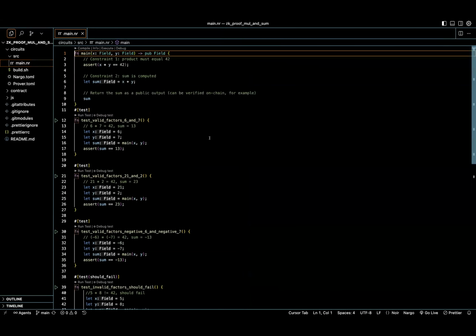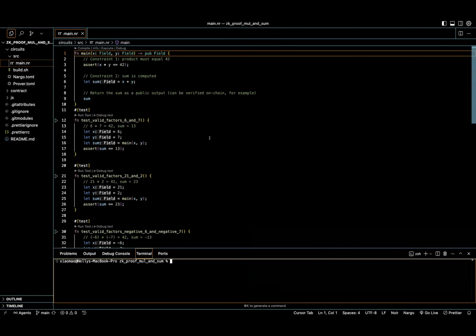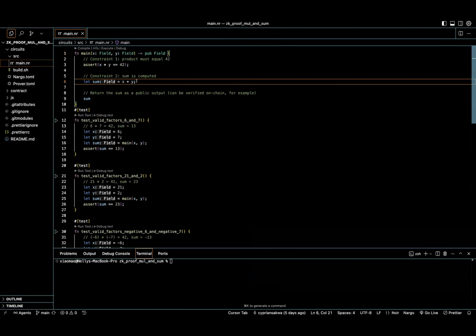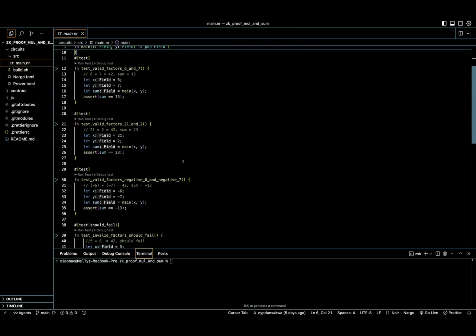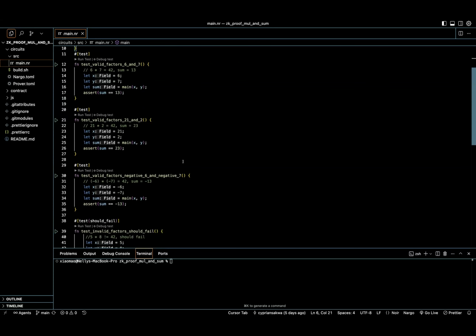Yes, it's the same one. So you can see our main function. We have X and Y, which are private, and then the public value, what comes out of that, is our result, which is our sum. You can see our tests there. The first test checks that 6 times 7 will give us 42, but if you change any of those values,